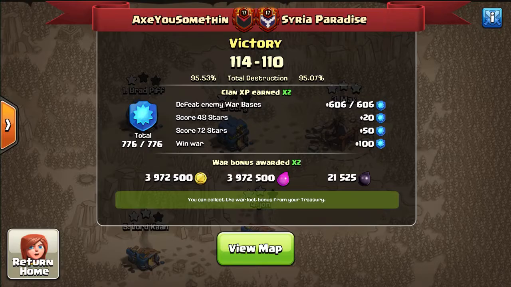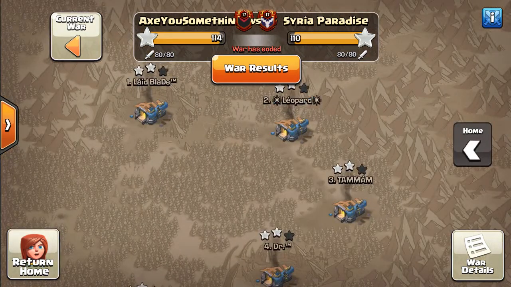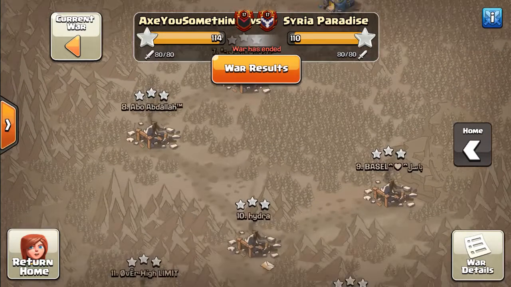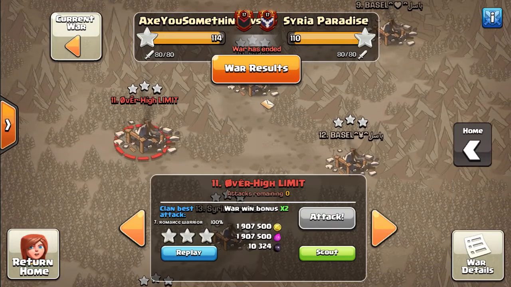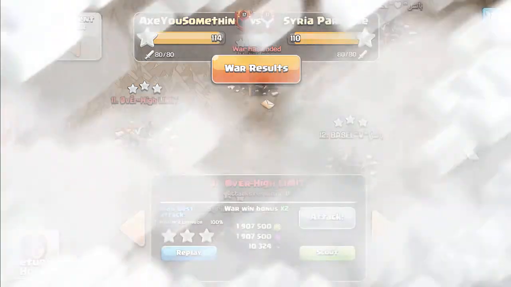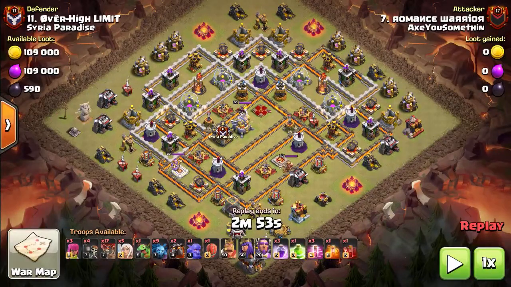And we're going back to our random war against Syria Paradise. This is a Season 6 CWL Invite Clan, and AxeYouSomethin coming up big here with a win. Syria Paradise, a very good clan. Tangoed with them a time or two in the past. We're going to check this one out right here. We're going to showcase this base, this attack, and